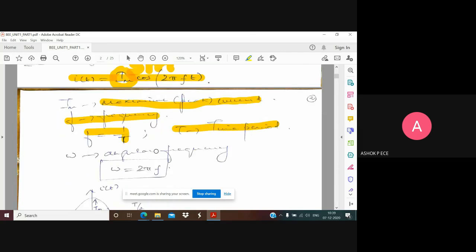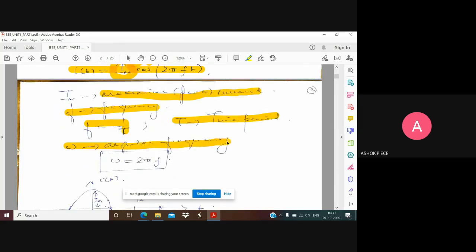And you know this term omega is the angular frequency, given by omega is equal to 2 pi f. Can anybody say what is the unit of omega? Angular frequency? Radians per second. Yes, good. So angular frequency is in radians per second. The name angular frequency means it is rotating, and rotating means angle, so it depends on angle. Angle varies from 0 to 360 degrees, or 0 to 2 pi radians. So that is going to be radians per second.